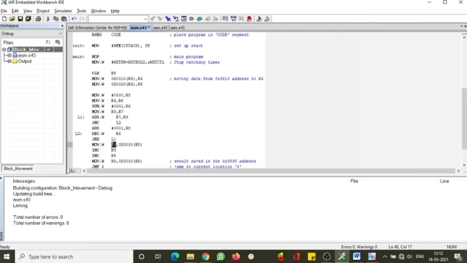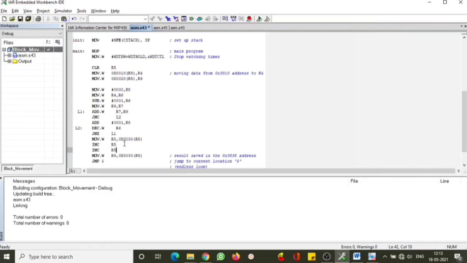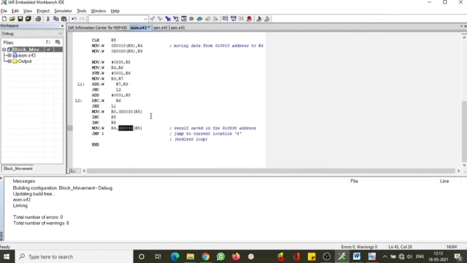When it is 0, it will move the value of R8 into location 0030, and the next value, the answer we get in R9, will be moved into the next word of 30. So the initial part will be the number of carries we get, and this part will be the answer in terms of sum. So we expect the answer to be stored properly.